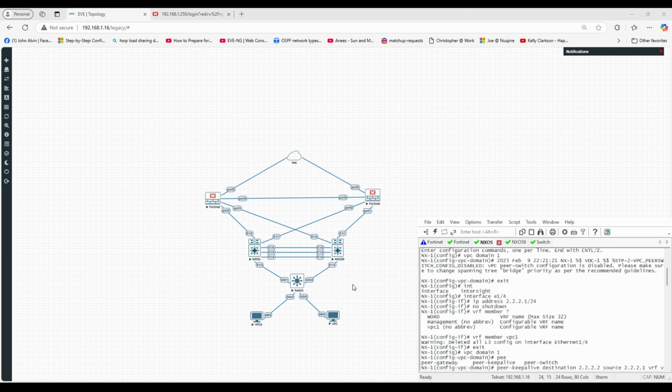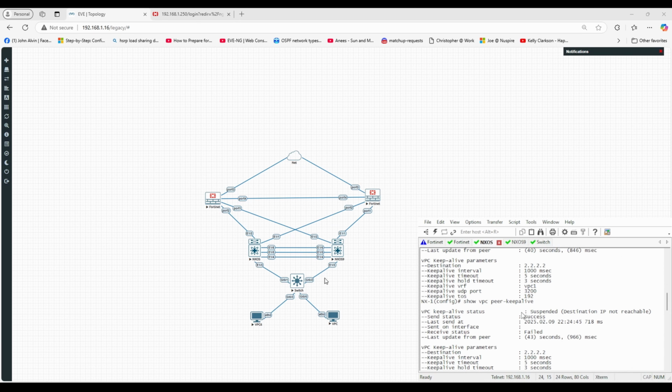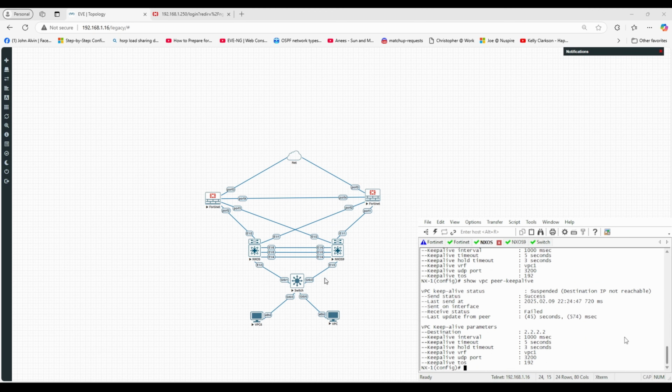Maybe let's wait for it a little bit. Maybe it doesn't want to come up. Let's see. Show vPC keepalive. IP not reachable. Oh, I think I should have made a trunk port on this thing, right? No, it's a routed port. It's ether 1/4. Show run